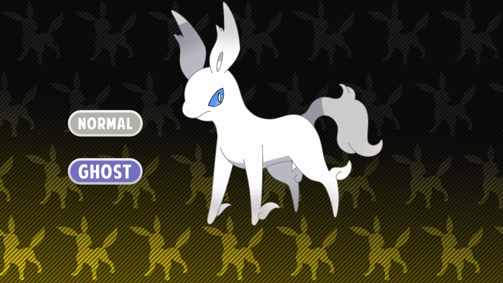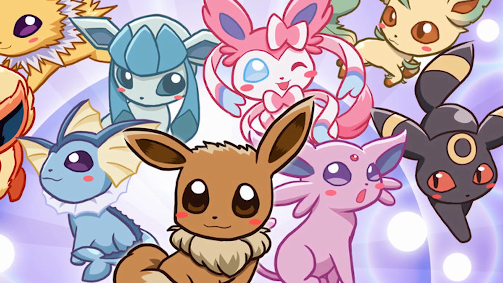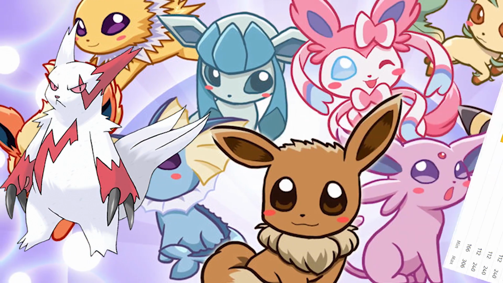So next up on the list is a really interesting one, and I'm pretty sure you guys will find this interesting as well. A normal and ghost type Eeveelution. I know, just hear me out, let me explain. So each Eeveelution is designed specifically to measure up to the type of Pokemon. The majority of normal type Pokemon as well can have a very decent move pool, and stat wise as well, they